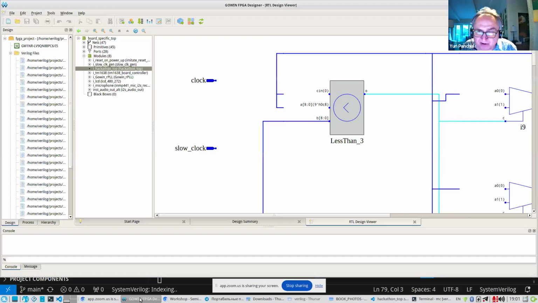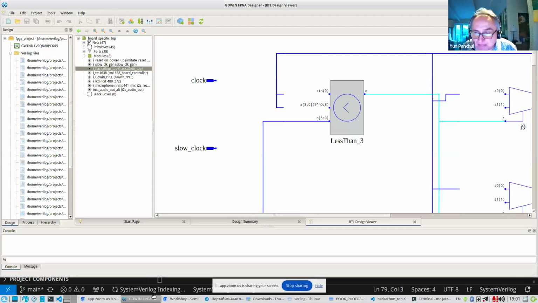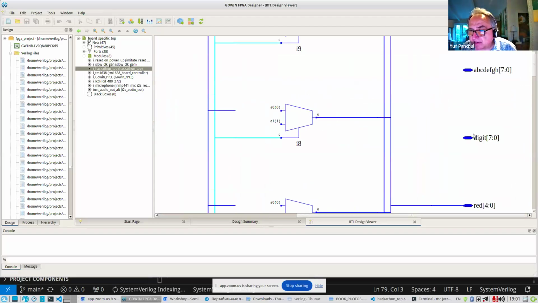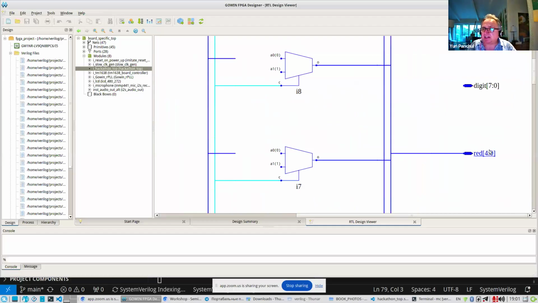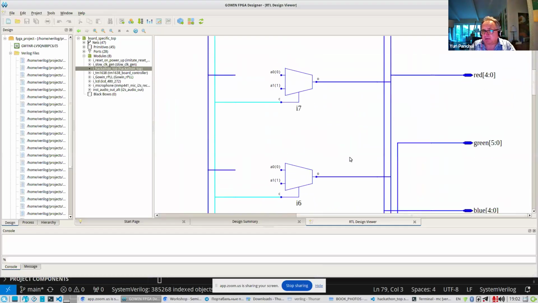So in our code, if X is more than 200, then it puts certain values on the red channel. It puts all ones to this red channel, and it's doing it by using multiplexer blocks.